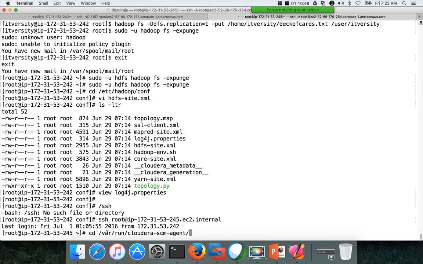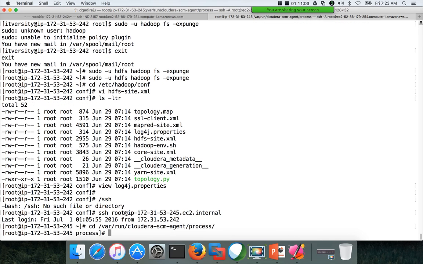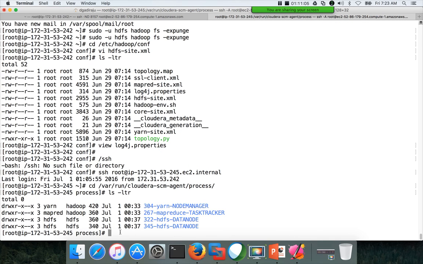Typically, if you want to store anything that is related to runtime, they use var run as the location. To store the log files, they use var log as the location. So var run cloudera-scm-agent process and ls -ltr. You can see there are multiple directories.